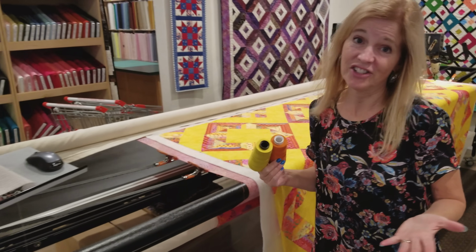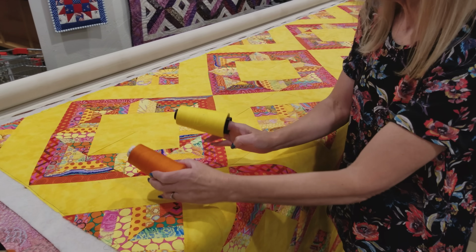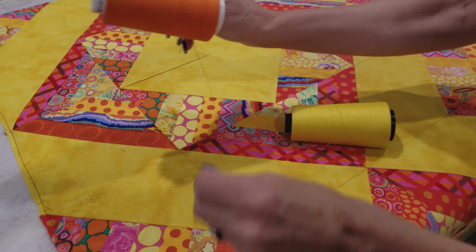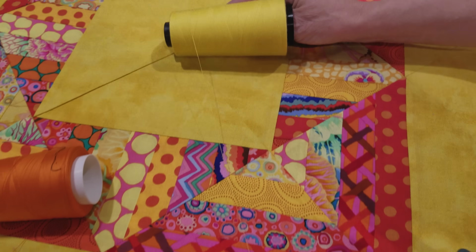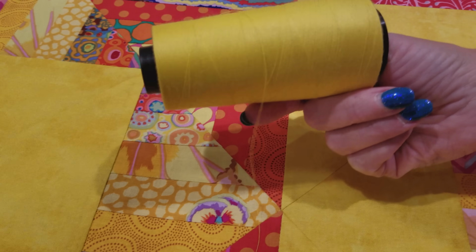The quilt is on the machine. It's nice and cheerful and bright. I really have 2 choices for thread colors. I'm either going to use this orange, which would show up very nicely on all of the yellow there, but I think I actually will use the yellow. It's really the same color as the background. It's not going to show in here at all, but that's going to look really good when the quilt is